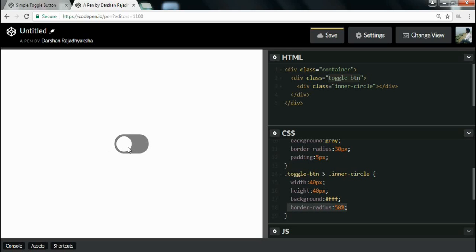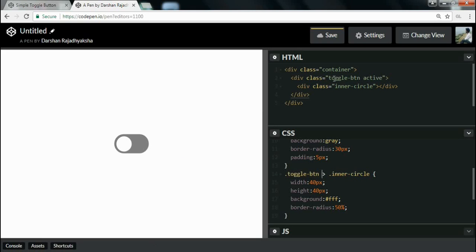Now when I click on this button, I need to change its background color, that is the background color of this toggle-button class, and move this inner circle to the right side by pushing it from the left side. For the demonstration, I will assign an active class to it so that we can see the effects.